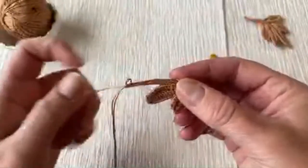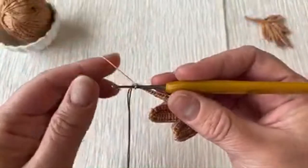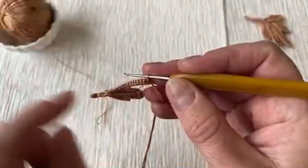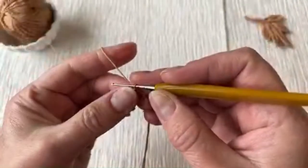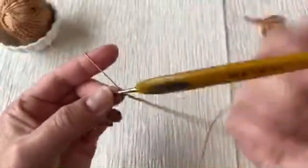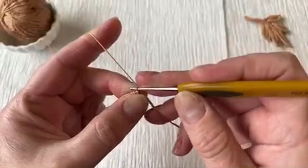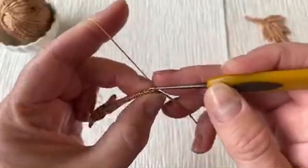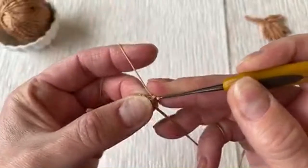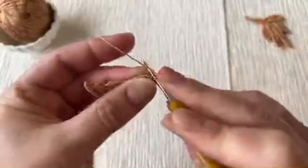So after that we can drop our padding cord, turn your work, and crochet over this row 13 stitches. Well, I like to get my padding cord over these fingers on my right hand so it's kind of stabilized here, and 13 stitches, counting again 2, 3,